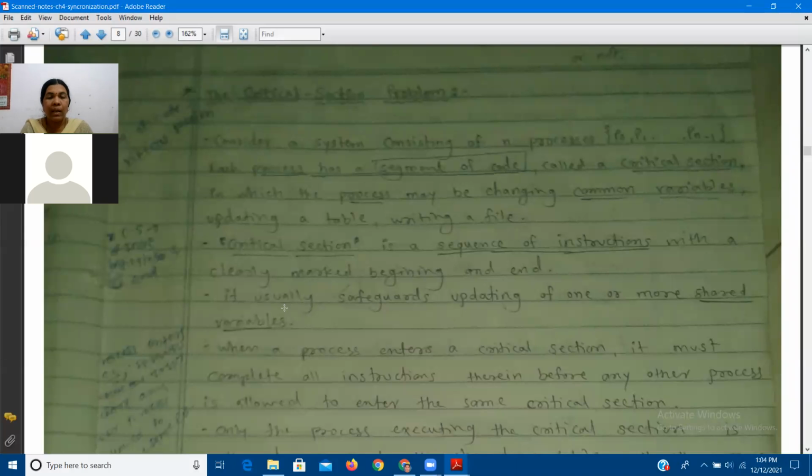When that variable is updated by one process, at that moment the access to that variable is not given to another process. For example, take a simple example. On your laptop you can open one of the files. Open a file, whichever you like. It may be a Word file, an Excel file, a PPT, etc. Open that file and minimize it, and just try to copy that file to your pen drive.